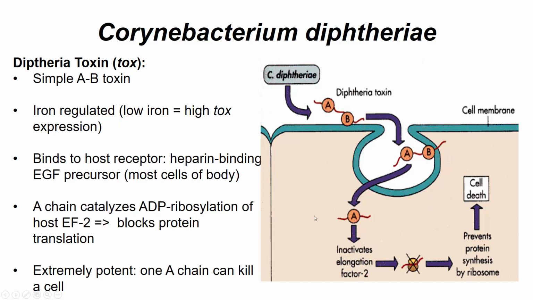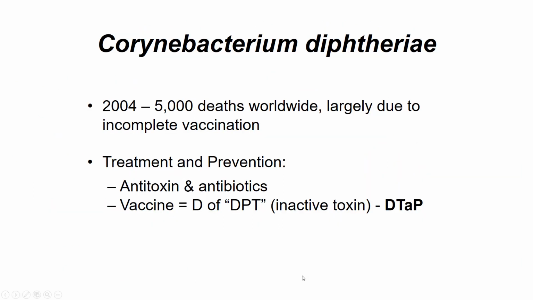And so just to give you an idea how effective this toxin is, a single A chain, one molecule, can kill a host cell. So that's pretty impressive, especially when it's targeting the heart. And so you can, I think, infer why this is such a deadly pathogen. It's very good at what it does. So that said,